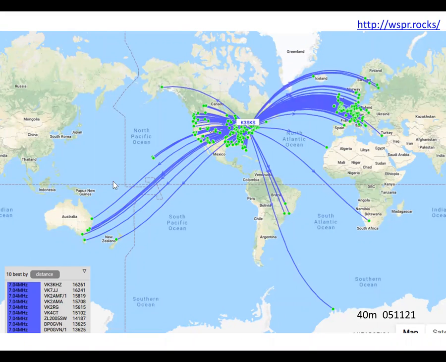And then here's the map of that. You can see a lot of stations in Australia, New Zealand, South Korea's down there in Antarctica, got into South Africa. Now, keep in mind, this is a weak signal mode, and the weak signal modes are very good at extracting the signal from even below the noise level. So this is probably the absolute best propagation map,